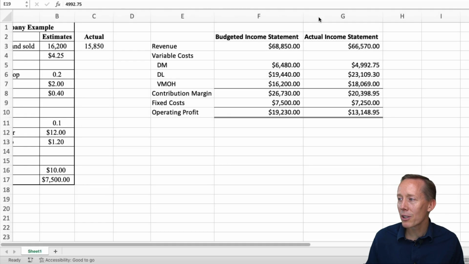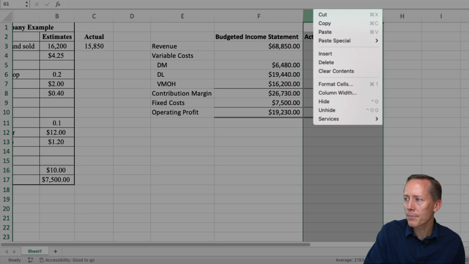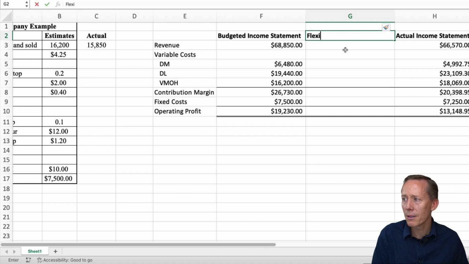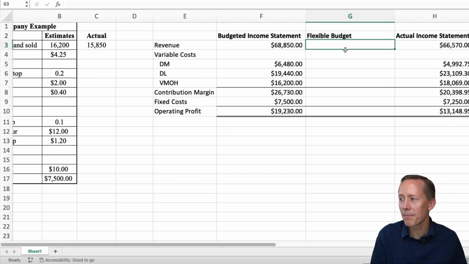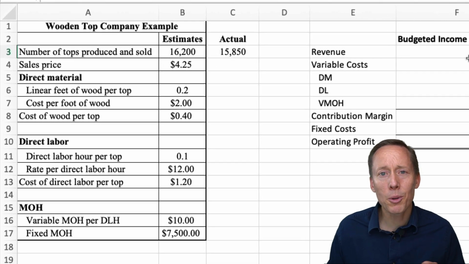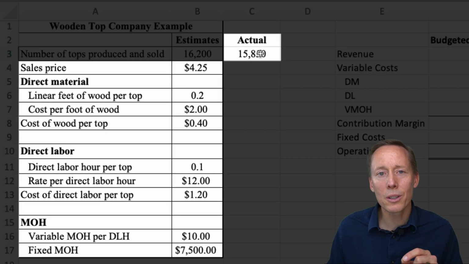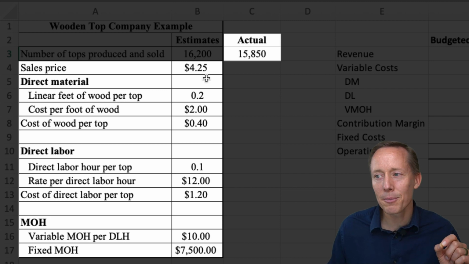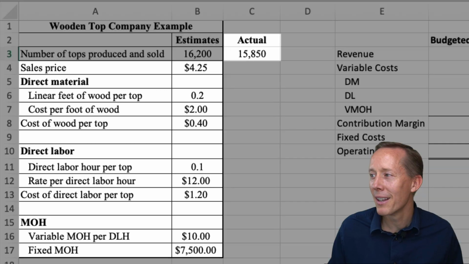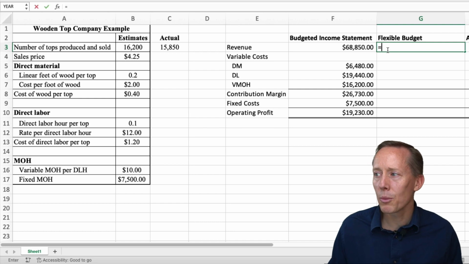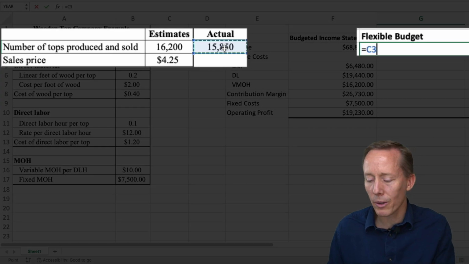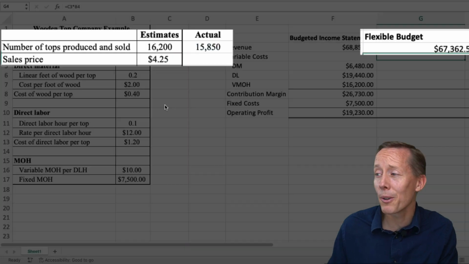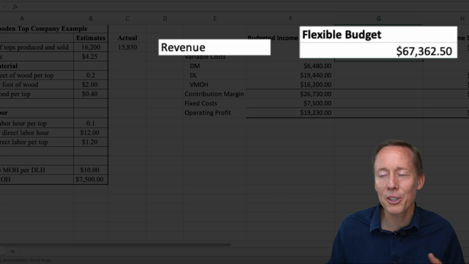To do that, I'm going to insert a new column in here, and I will call this my flexible budget. And this flexible budget is simply the actual number of units produced and sold times the standard price and cost per top. All right, so specifically, we'll take the 15,850 units times the estimated sales price of $4.25 per unit